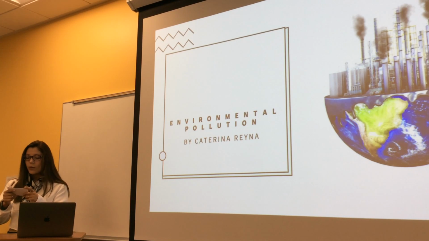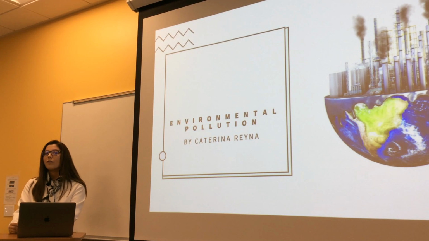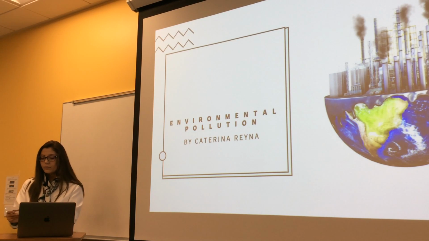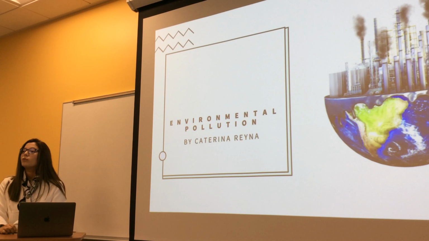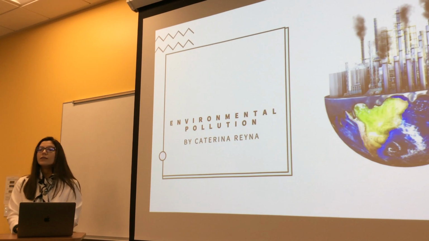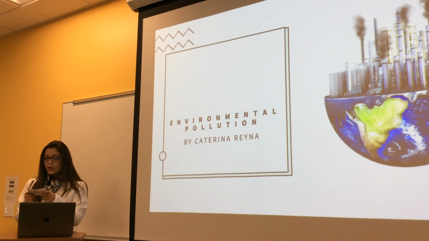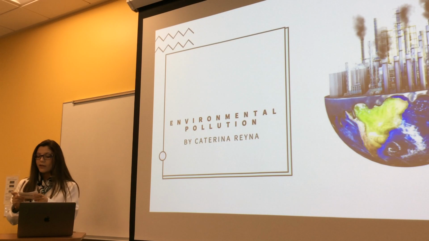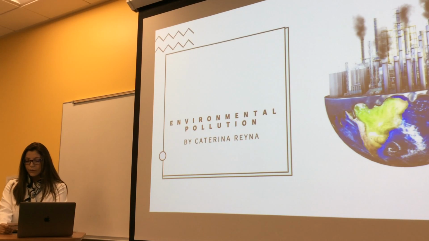Now that we have knowledge about what environmental pollution is and the general effects to the environment, I'm going to clarify the main types of pollution. There are three major types of pollution: land pollution, air pollution, and water pollution. What is air pollution and what are its effects? Air pollution is caused by the release of harmful gases and aerosols into the Earth's atmosphere, which impacts human health.